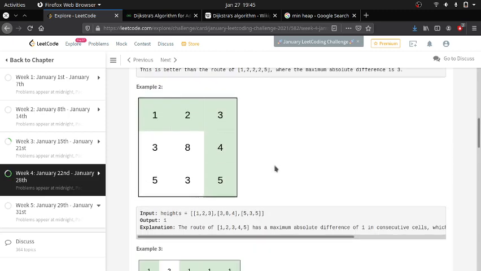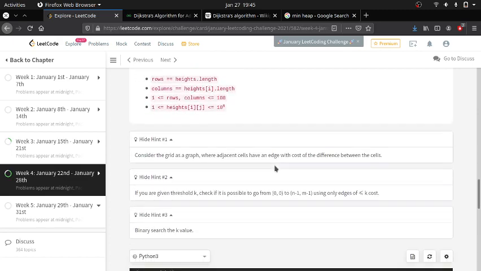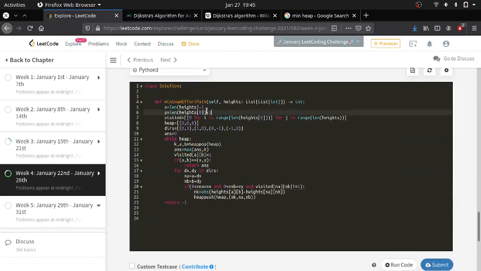Okay, so let me show you the code so that you better understand. What I have done is, I took x and y as the row and column lengths, and I initialized the adjacency matrix visited to store whether the nodes are visited or not. We have to travel left, right, up, down, so for that I initialized an array direction and an answer 0. Answer is what we will be printing. Okay, and a heap.